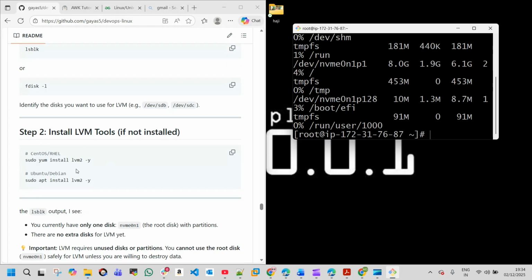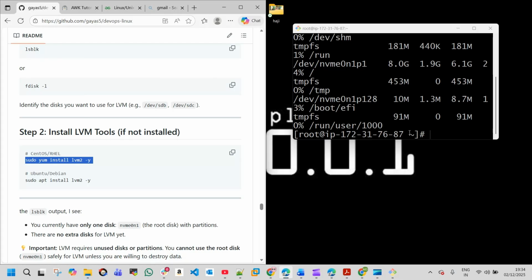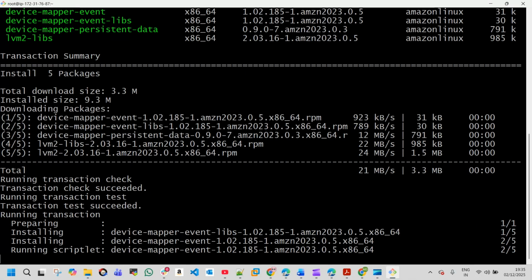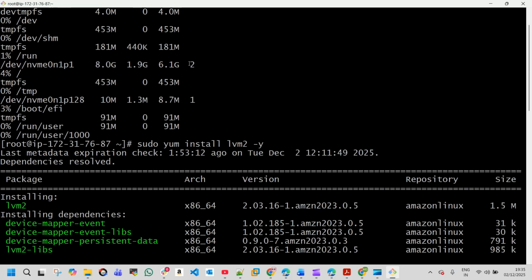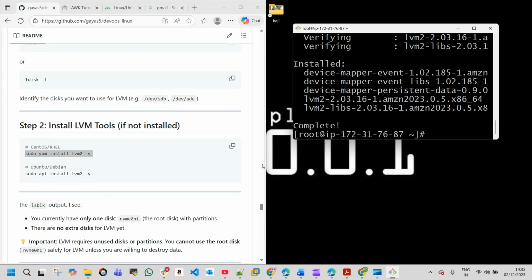First of all, we install it with sudo yum install lvm2 -y. You can install LVM first,